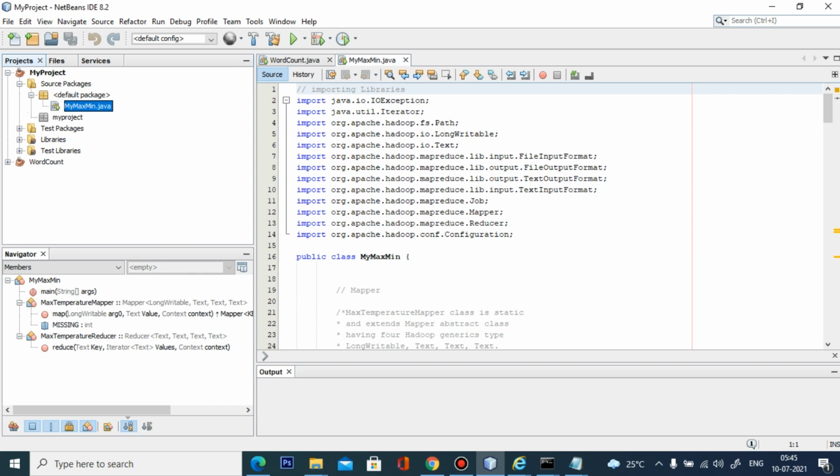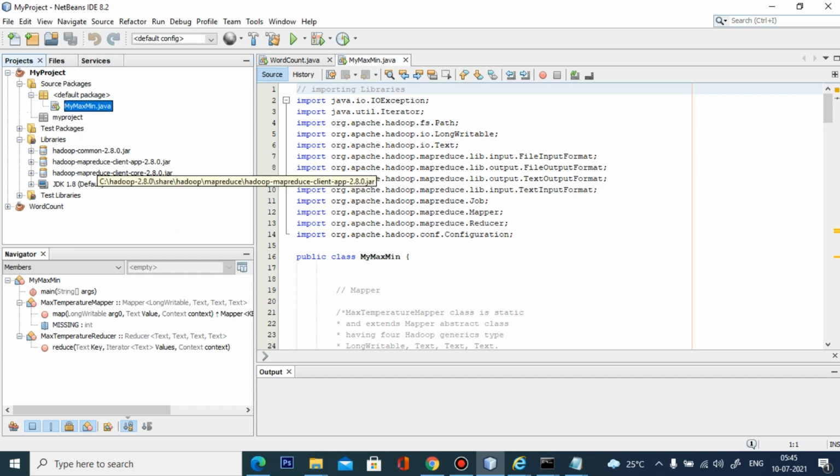This is the same as in our previous example. We need to add the necessary jar files to this project, only then can we use the MapReduce program. In the same way, you can add the necessary libraries here: Hadoop Common 2.8.0, MapReduce client, and MapReduce client core. These are the necessary jar files you should add to run your MapReduce program on weather data analytics.